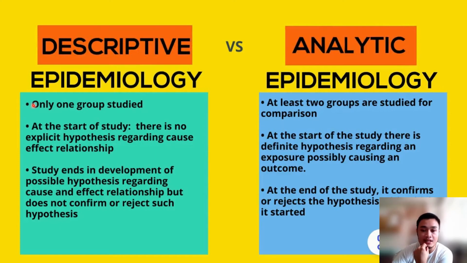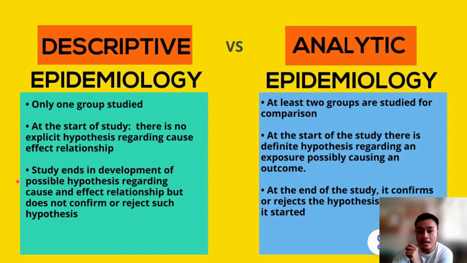So only one group is studied. So for example, the population at risk. The goal here is just again to describe what is occurring, what is the health phenomenon, why, where, when, na, who are affected. So yung mga questions kanina, and one of the goals of descriptive epidemiology is to end up with a hypothesis